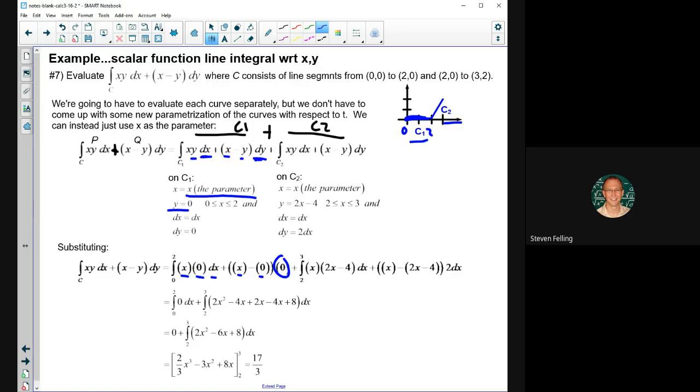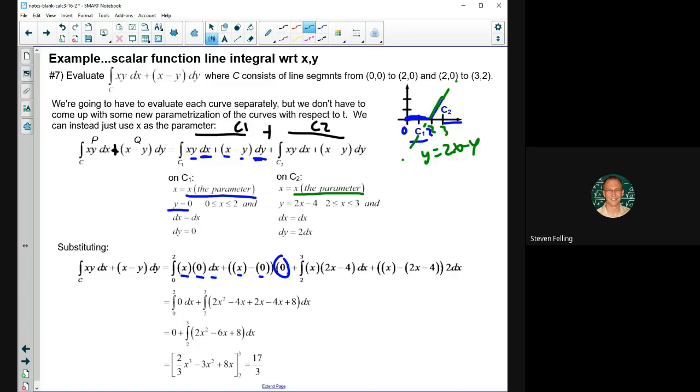For the setup for the second curve over here, let me change colors to green. For this curve, we're still going to keep x as the parameter, okay? And then if x is the parameter, I have to express y in terms of that parameter x. So I'd have to figure out what this equation is, and it turns out to be y equals 2x minus 4, which has a slope of 2 with a y-intercept of -4. So I could define y, parameterized with x, as 2x minus 4,